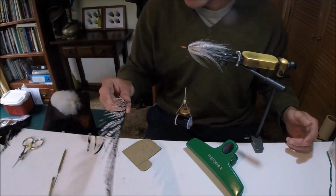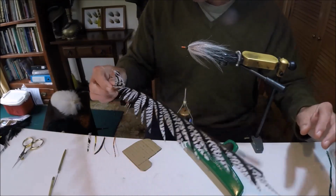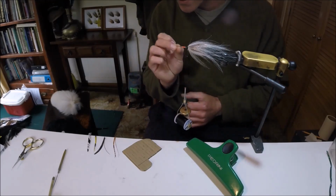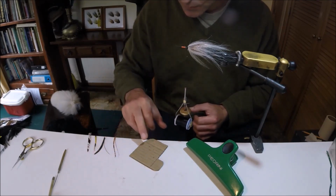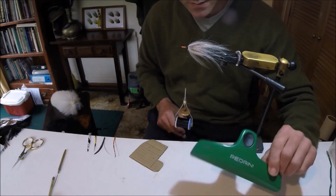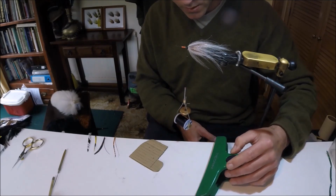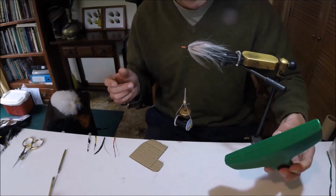And now it's time for the Lady Amherst centre tail fibres, and I'm going to add these in a dubbing loop. So I've made my dubbing loop, it's quite long, probably about 6 inches, well waxed. Again, the wax grips the fibres so it doesn't all slip out. I'm going to be using a piece of cardboard just to line them all up, and then this is like a huge bulldog clip, which I found in a catering shop. It's for when you've opened a bag of flour or bag of crisps or whatever,